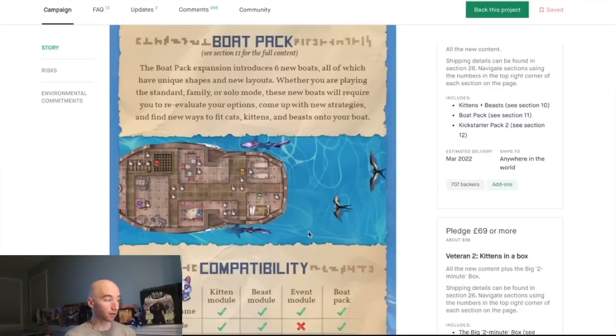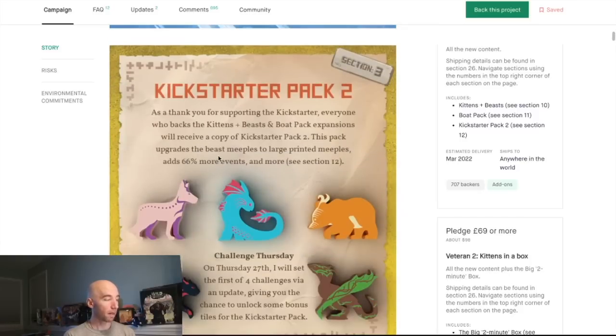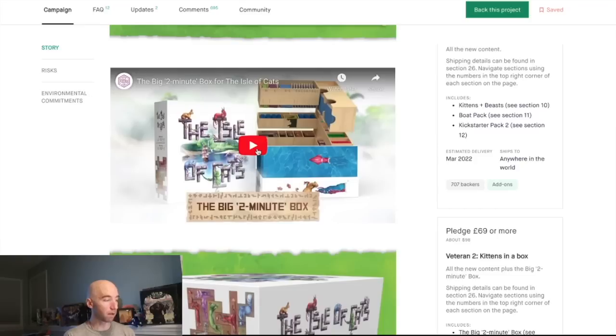So again, I think it's great. The boat pack right there, like I mentioned, the asymmetric types of boats. And this is how the breakdown of the compatibility between the modules and what type of game you're going to be able to play. Now the Kickstarter pack 2, again, you're getting these upgraded meeples,